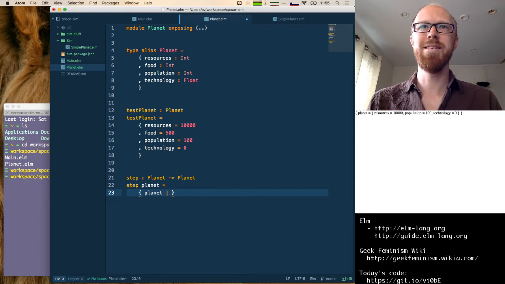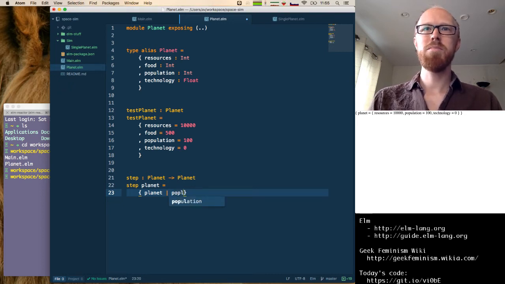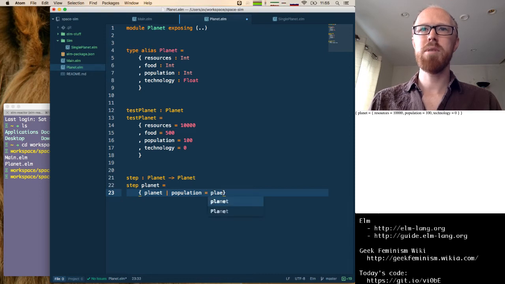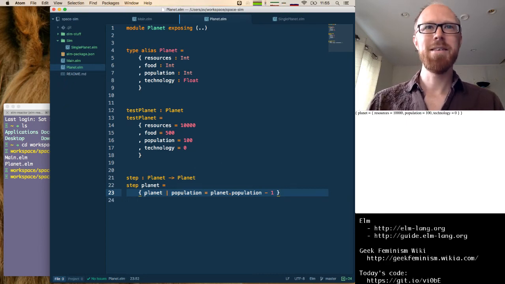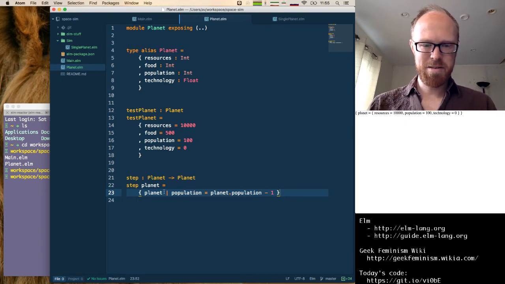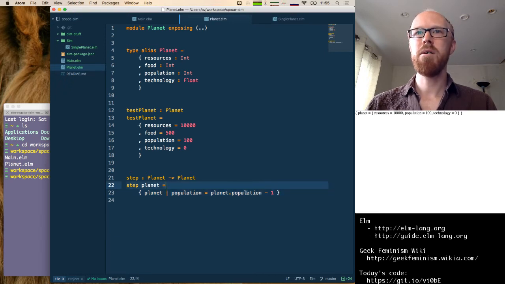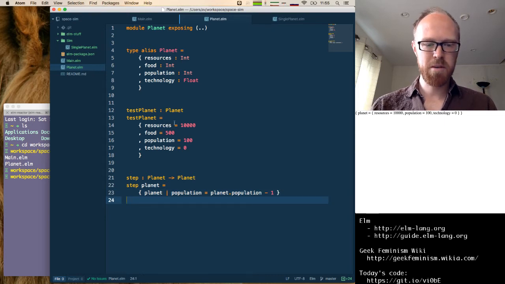And I guess have the population equal planet.population minus 1. So this will be a dying planet, but we'll at least get our update loop working.